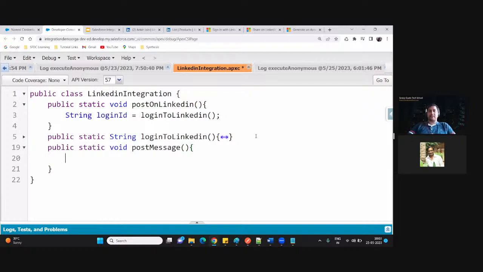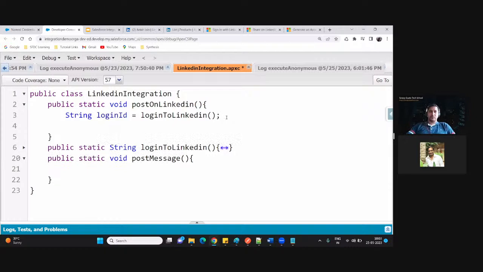From the first method, we are getting the login ID. We will pass this login ID to this method now. So here I am calling the post message method, and in this method I am passing the login ID.